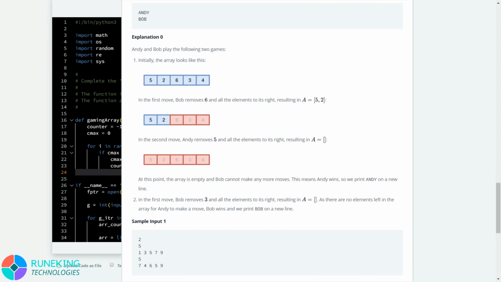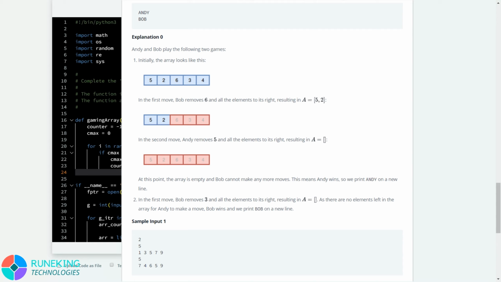When we come out of the loop, the total number of steps, or you can say counter, will decide who will win the game. If counter is even, then Bob will win the game. Otherwise, Andy will win the game. This can easily be understood by the example shown on your screen. In the example, initially the array is 5, 2, 6, 3, 4.